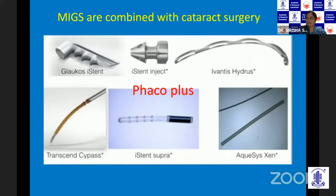Whenever you do a phacoemulsification, what they're trying to do is a slight modification of the procedure at the end of phacoemulsification. Try and use one of these devices to bring down the intraocular pressure just by a little bit. Their major aim is to decrease the number of anti-glaucoma medications that the patient is using, not to completely